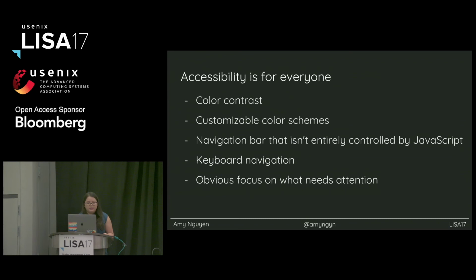And then the last thing that I really want to call attention to is, you need to make it really obvious what needs to be paid attention to for anyone with cognitive impairments. And I know a lot of people are like, cognitive impairments, I don't know anyone who has those in tech, which is a messed up thing to say or think. And it's a very narrow-minded view because you don't know what your coworkers are going through. But second of all, if you do this, and you make it more clear what people need to do, everyone wins. That's the whole point of this talk.